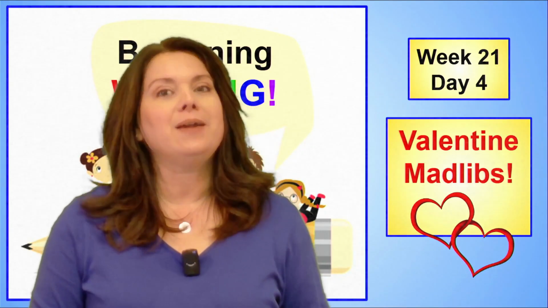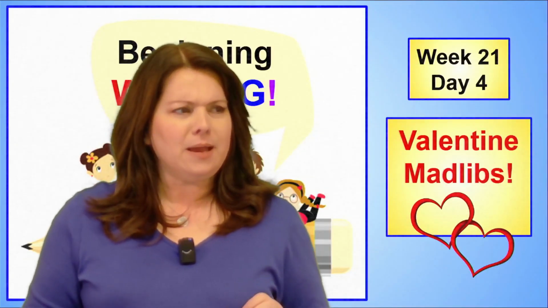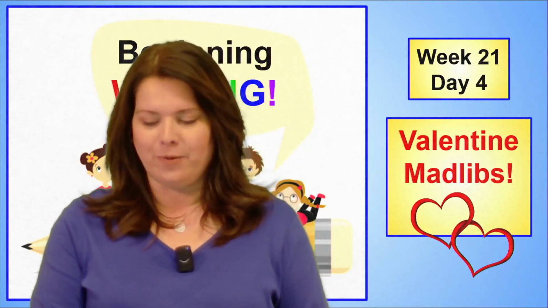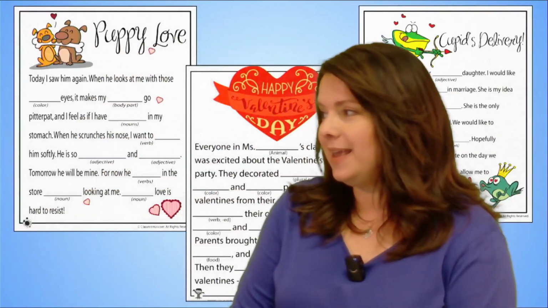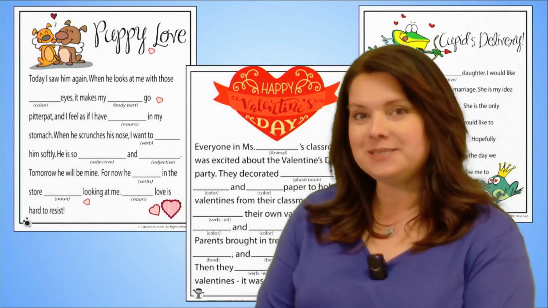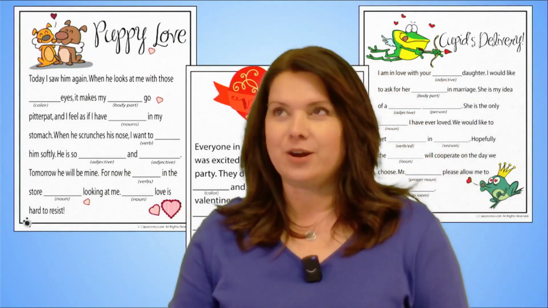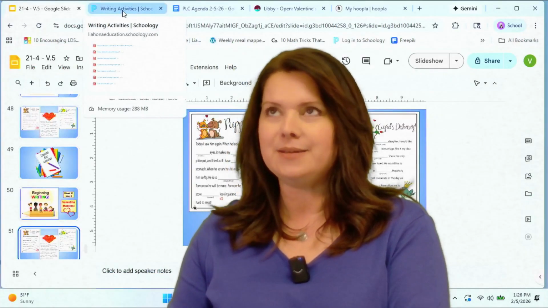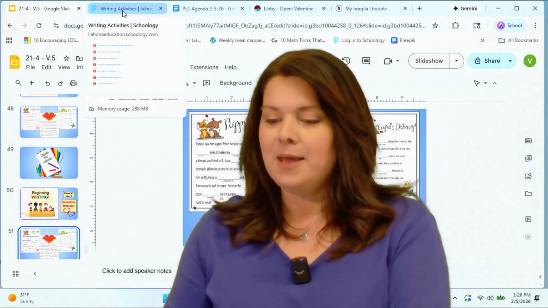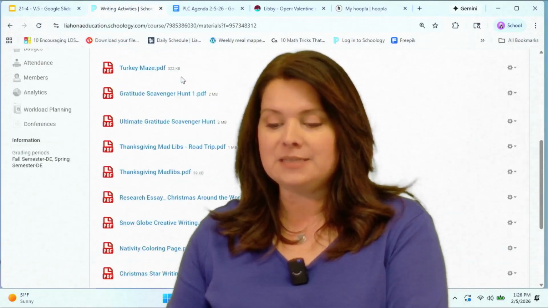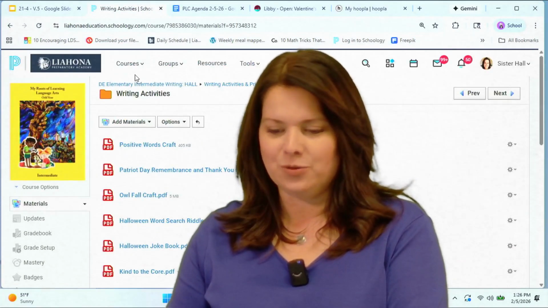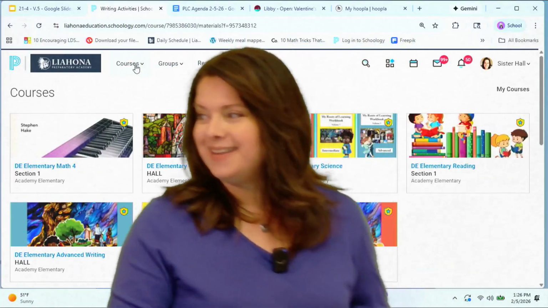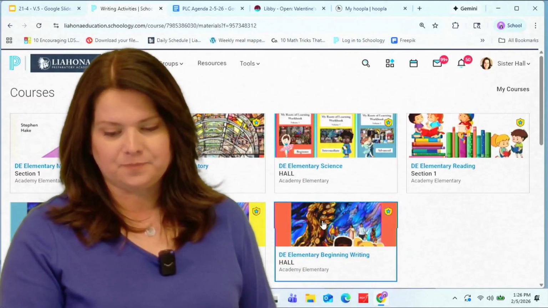We're going to be playing around with some Mad Libs today. Now, we did do Mad Libs earlier this year, but it's been a little while, so let me remind you how they work. If you get into Schoology in your writing class, I'll show you where you can find these. There are 6 different pages that you can choose from. These are all silly Valentine stories, but you are going to fill in some of the blank spots in the story. So if you click on Courses in Schoology and then click on your writing class,